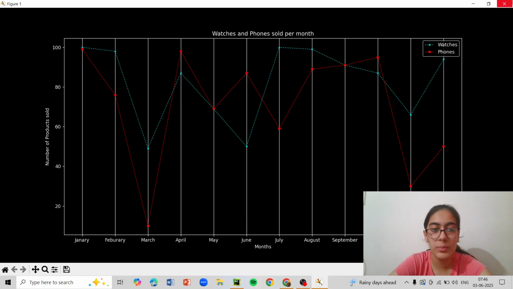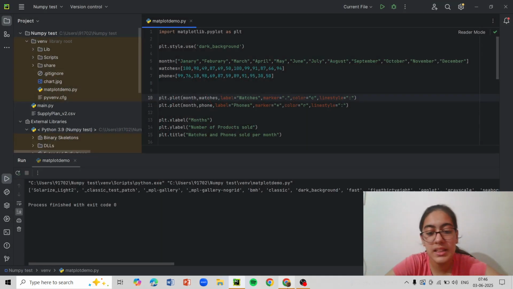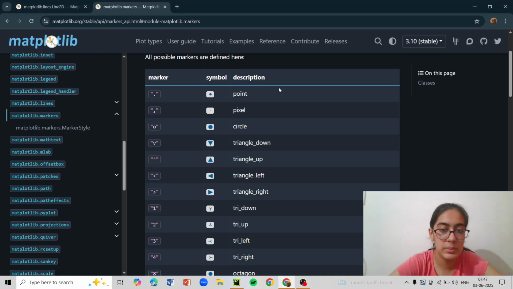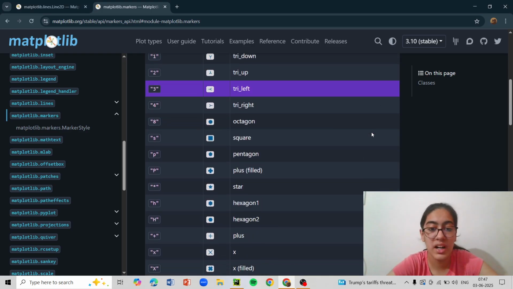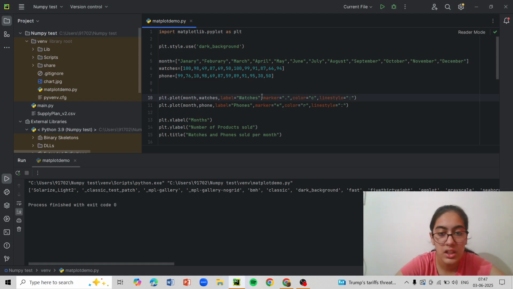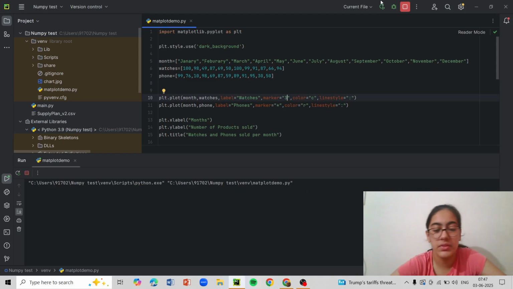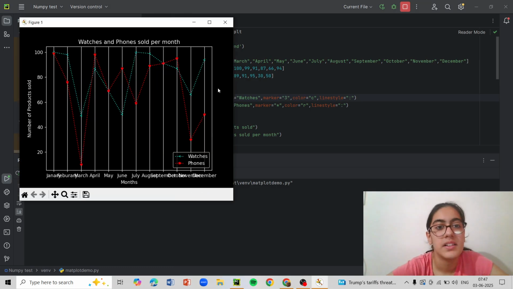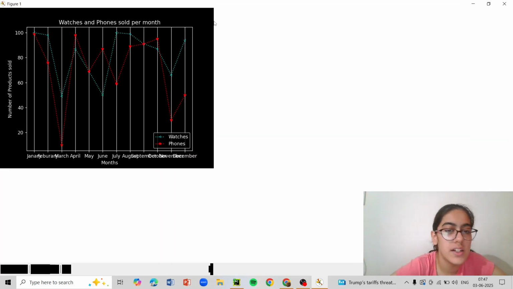So this is how we are basically making it. And then I have added this link in the description box below. So please do try various types of markers, like there is 3 for tri_left. So if I put in 3, there should be a half triangle type of left side. It doesn't look very good, so that's why I didn't put it.